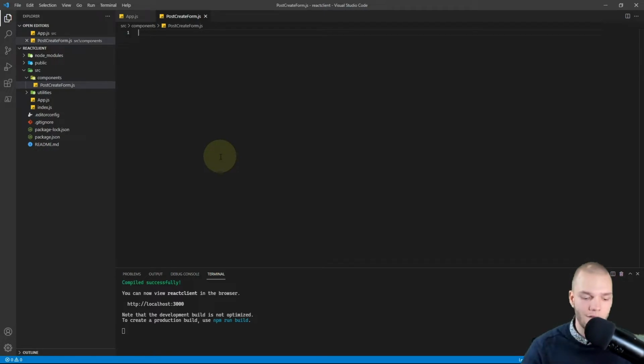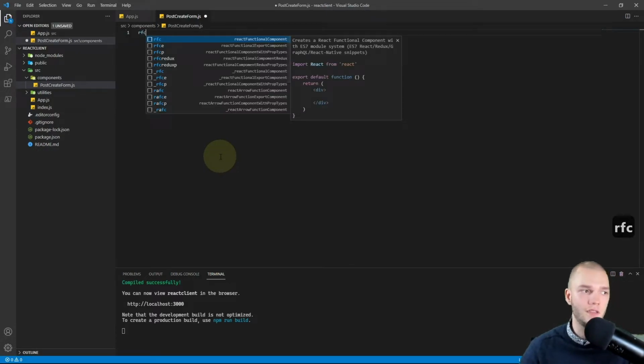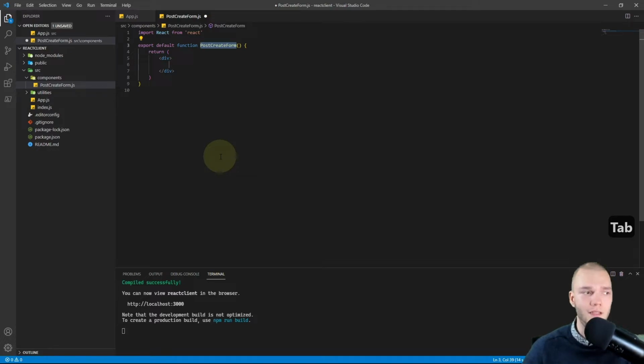I'll type RFC, which stands for React Functional Component, and hit Tab to implement the snippet. And the default name is the file name, which is good. So I'll hit Tab, and I'll first of all add all the imports.